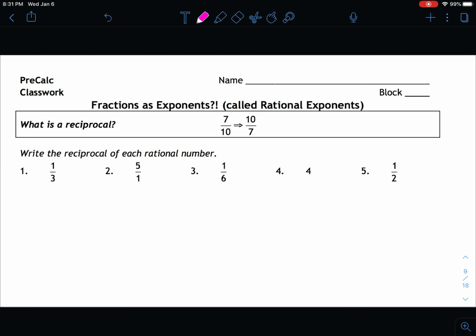Okay, so hopefully you've already tried some of these on your own, and some of this is going to be just a quick little refresher. So this first part is asking you to write all the reciprocals. And for a reciprocal, we're going to just reverse the order of the numerator and the denominator. So these are not equivalent, they're not equal to each other. You could probably put a little comma if you want to separate them, but they're definitely not equal,